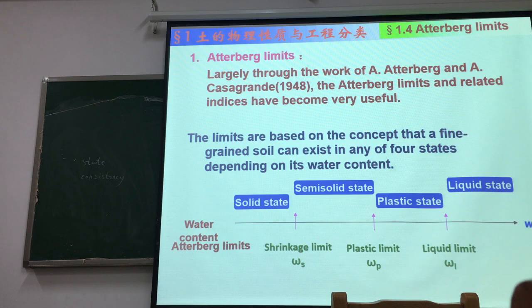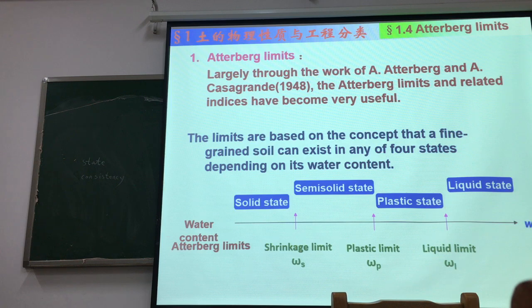We call this the solid state. When the cohesive soil is in a solid state, the volume will not change. But when the cohesive soil is in a semi-solid state, maybe the volume will change with the water content decrease. Maybe the volume will decrease, maybe shrinkage. Okay,